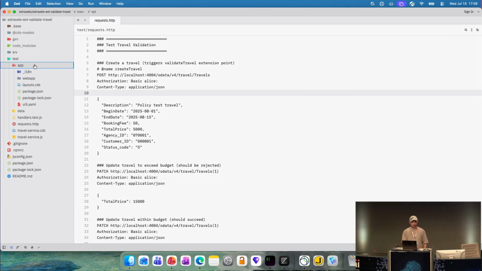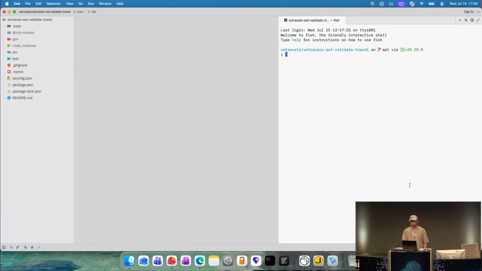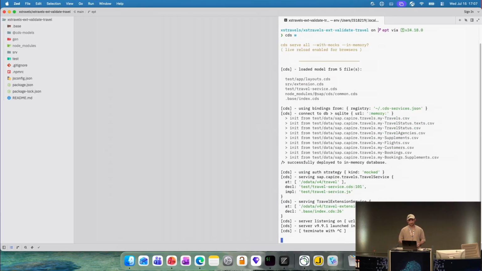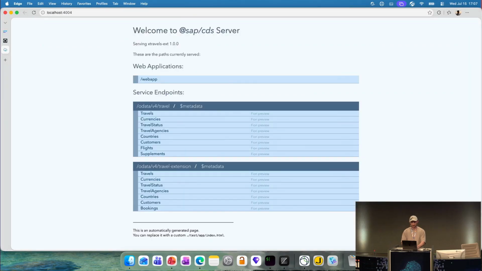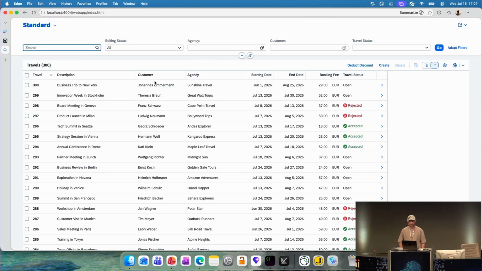And yeah, with this, I think we can get started. So what we can do now is we can open up a terminal and just run, as with any CAP project, we can run CDS watch. And this will then run this extension project locally. And we can now head into the browser, click on the web app. So I think you have all seen this once in your life. And yeah, now we have our locally running